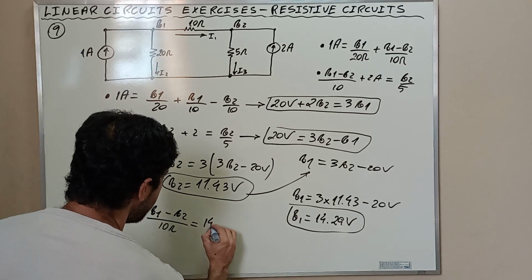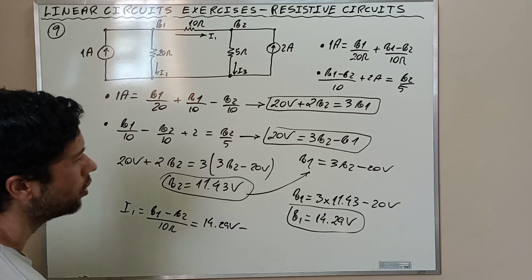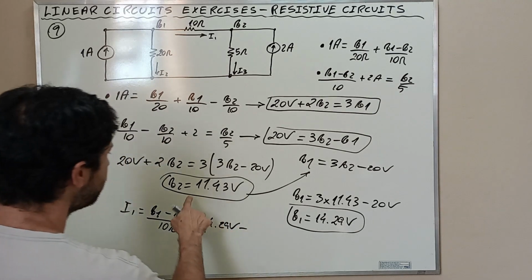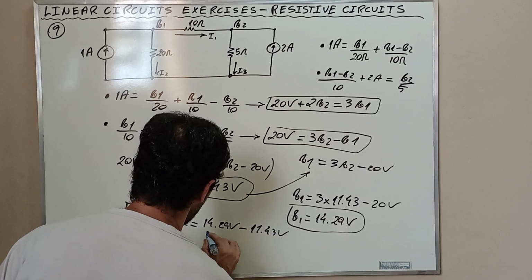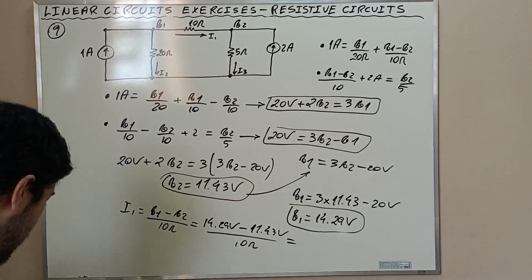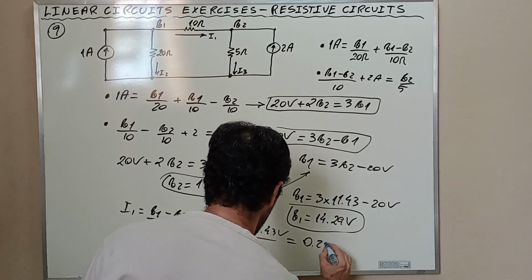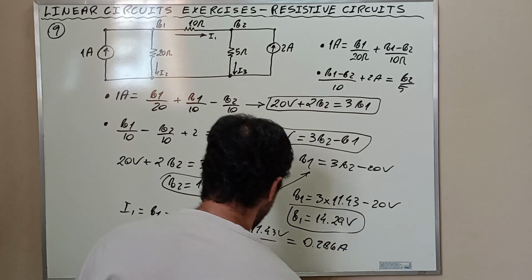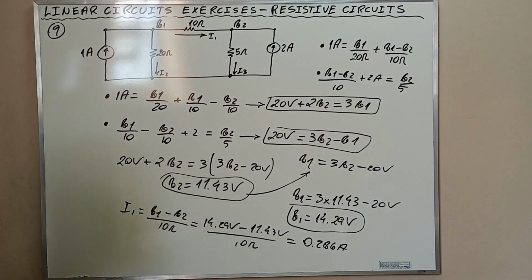V1 is 14.29 volts, V2 is, where is V2? V2 is 11.43 volts, and we divide by 10 ohms, and consequently we find 0.286 amps. Okay, my friends, and this is all the exercise requested from us, and I hope you have understood